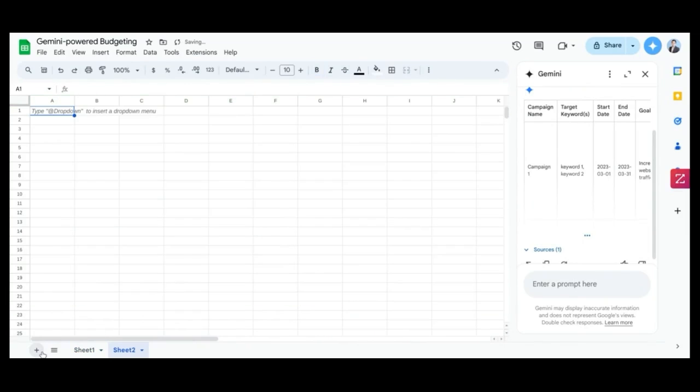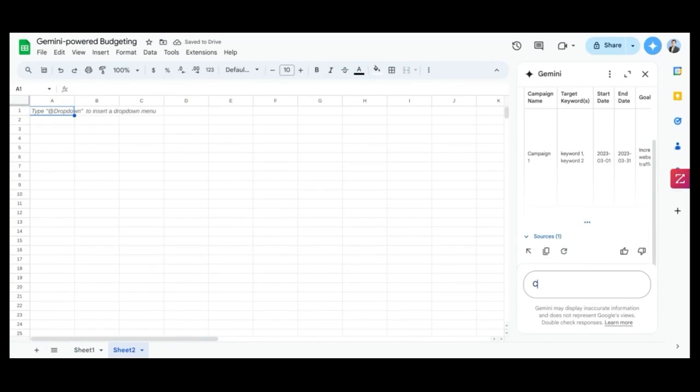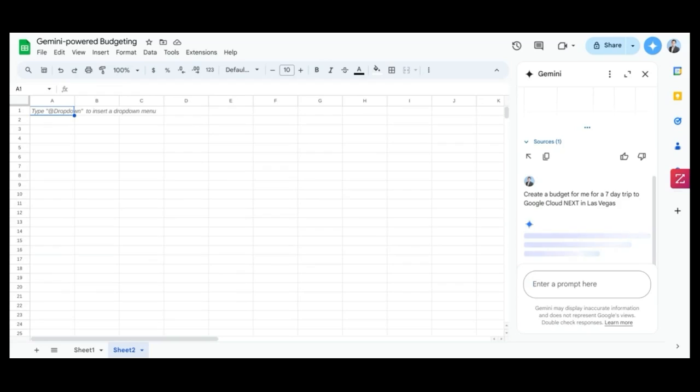Let's take another example. Sheet 2. On a more personal level, you can use Gemini. Maybe you're going on a work trip. Create a budget for me for a 7-day trip to Google Cloud Next in Las Vegas. Obviously, this happened last month, so it's over, but